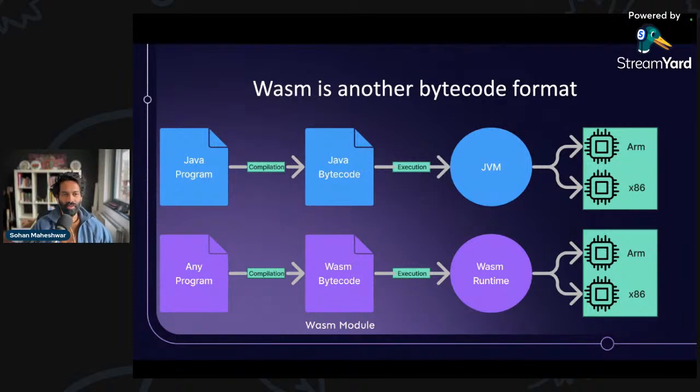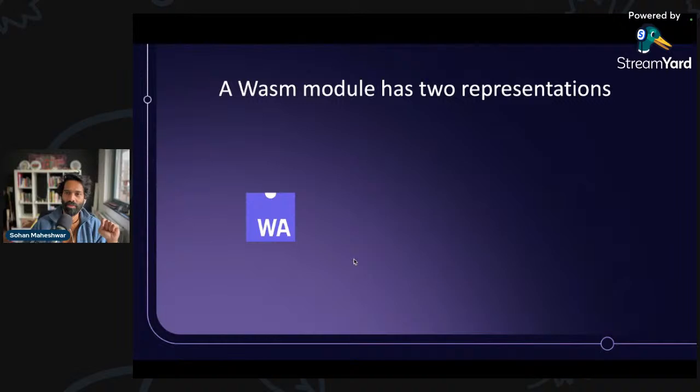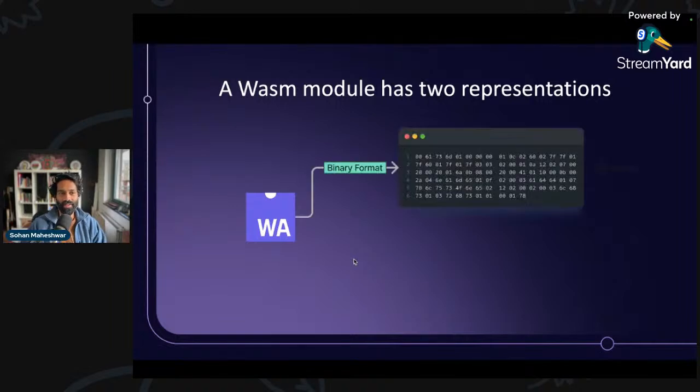Now, when I say Wasm bytecode, what do I actually mean? Well, a Wasm module has two ways of being represented. The one that you see the most, the one that you see out in the wild, or you will see later on today as well, is the actual binary format itself. As you can see, there's 00, 61, 73, whatever, that's number wang. If you get that reference, good for you. But this is the binary format. Now, this is typically more lightweight, and you will see this a lot as representations when you're building WebAssembly.